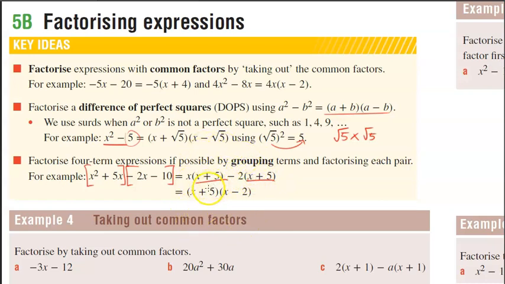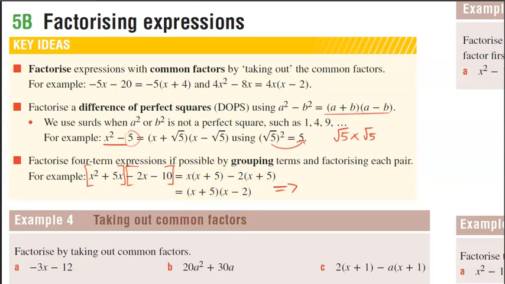How many x plus 5s are there within x times x plus 5? There's 1, so we take this one out. And how many are there in minus 2 times x plus 5? There's one of them as well. So what we're left with is this x and a negative 2, which remains within this bracket here. To make this make a little more sense, because I've seen students get confused when they look at this and wonder how we get from here to there,